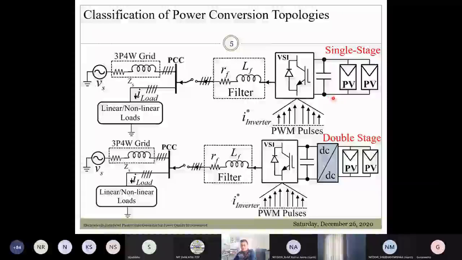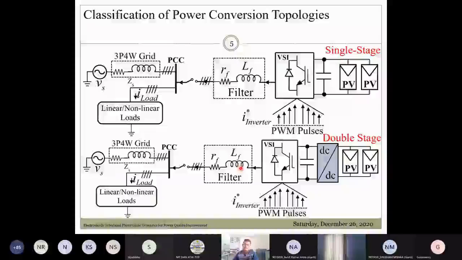However, in case of single stage topology, when the load is unbalanced, and if harmonic compensation is to be done, it results in the second order harmonic power pulsation. On the other hand, in case of double stage topology, the DC to DC converter operates as a decoupling medium between the PV unit and the DC side collector bus, and thus it prevents this second order harmonic power pulsation from moving from the DC side to the AC side of the current.